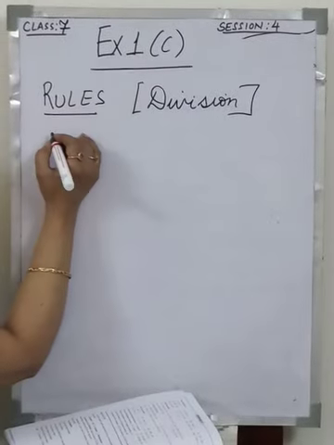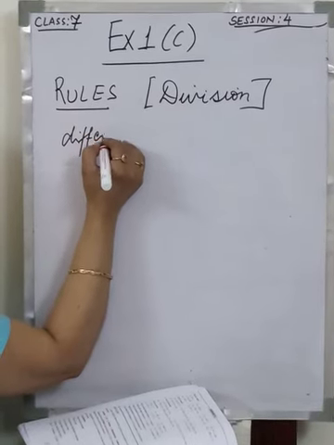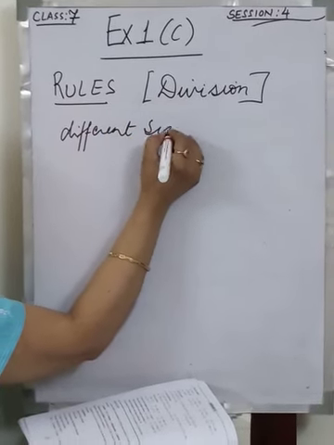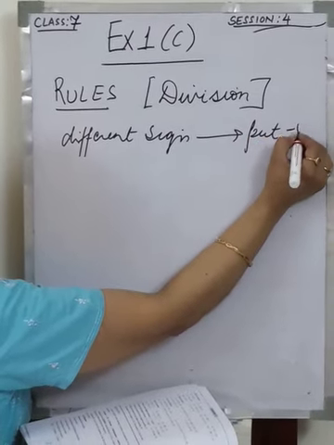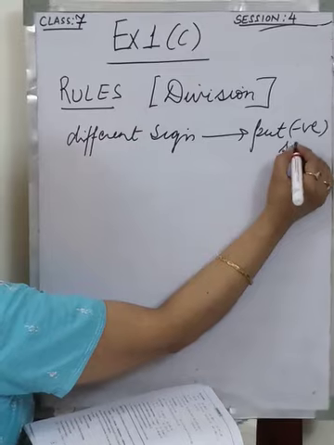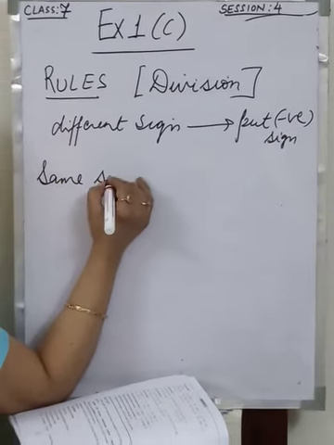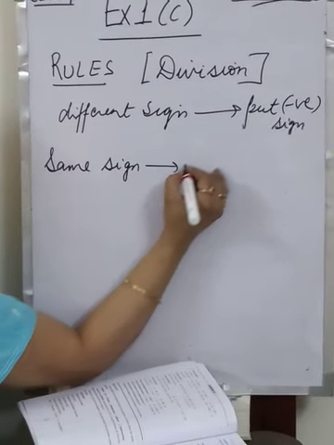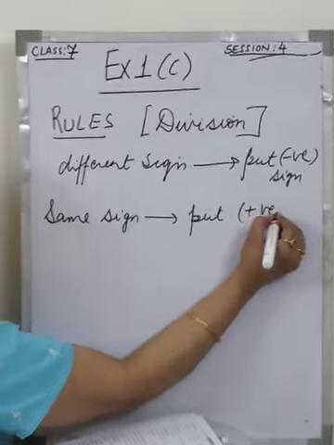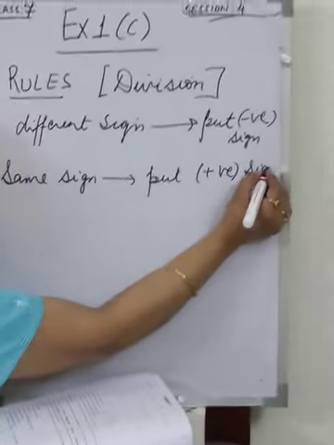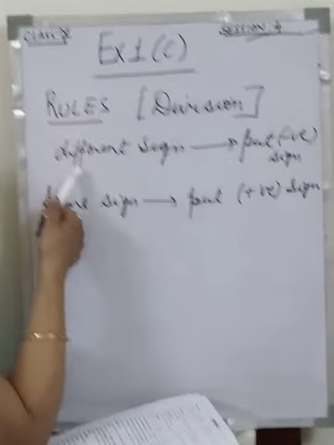See, when two different signs are there, put negative sign. Same sign, put positive sign. Student, whenever you are dividing and you find the numerator and denominator both have a different sign, then